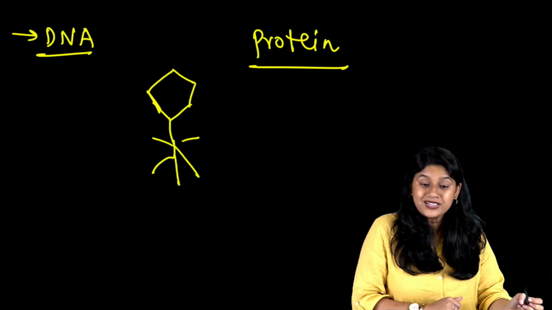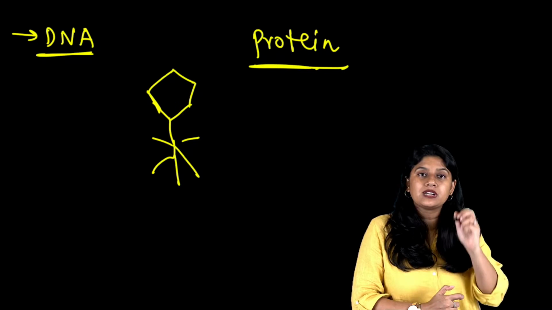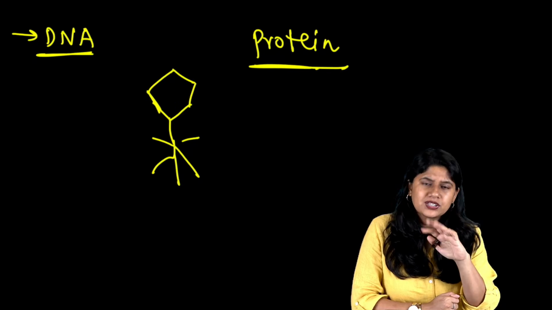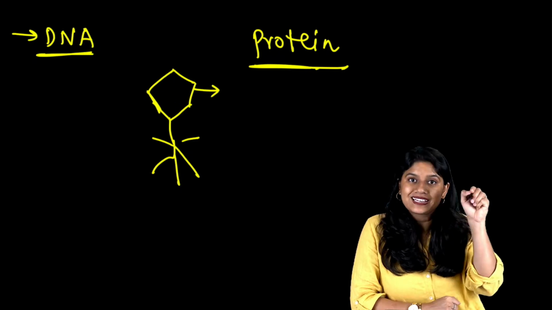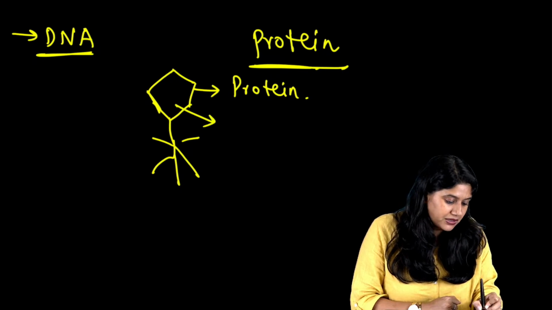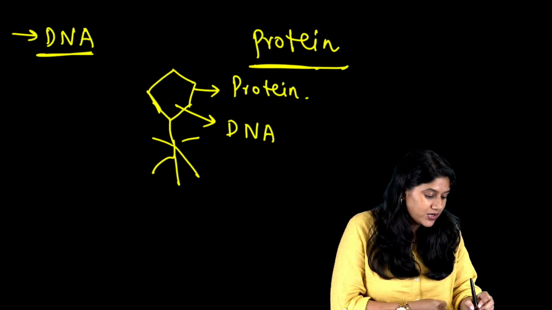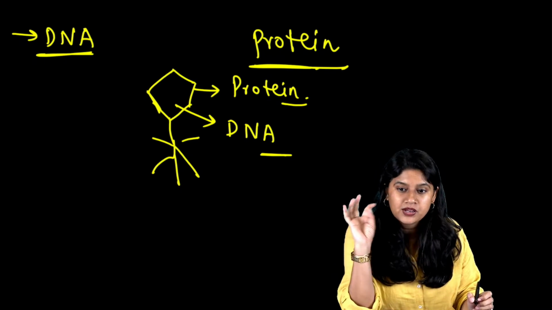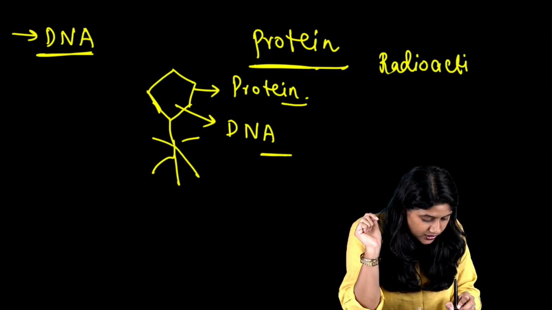Okay? So what these two scientists did, that they took the DNA of course of the protein. को doubt बस इसमें था कि DNA या protein है ना? They're very clear about the other things, but they still have some doubt. So they thought कि with the bacteriophage we'll be able to prove it, because in bacteriophage we have the capsid, which is made up of protein and of course the genetic material which is there for the DNA. So what these two scientists did was that labeling these two different things with the different isotope, radioactive isotope.